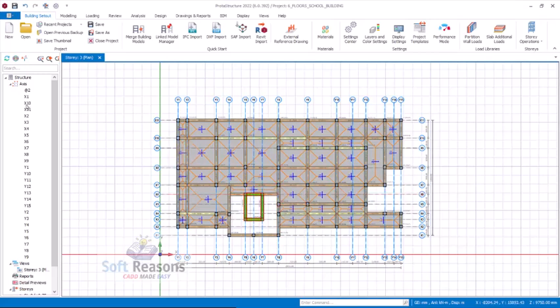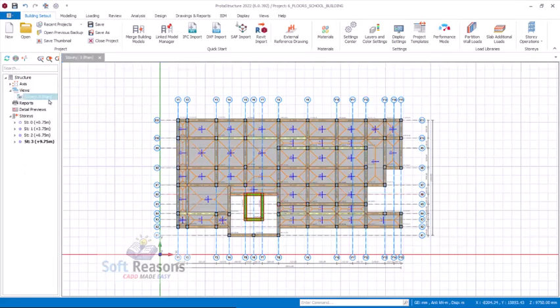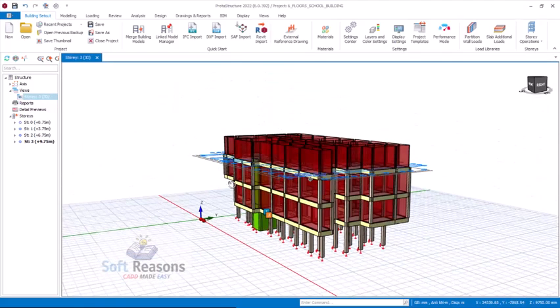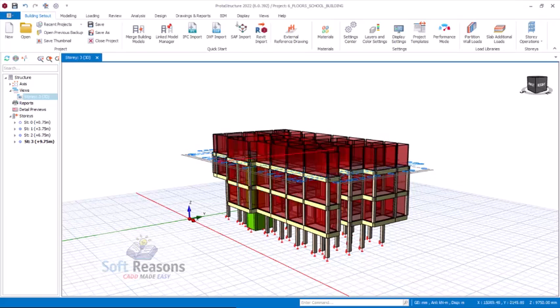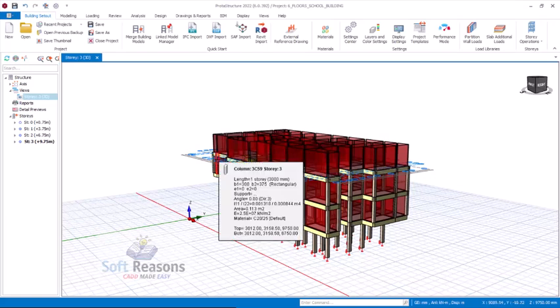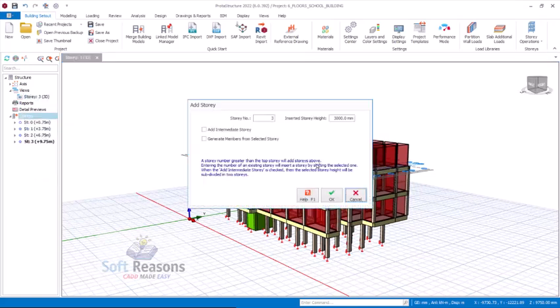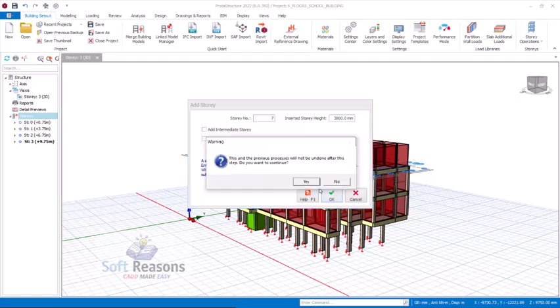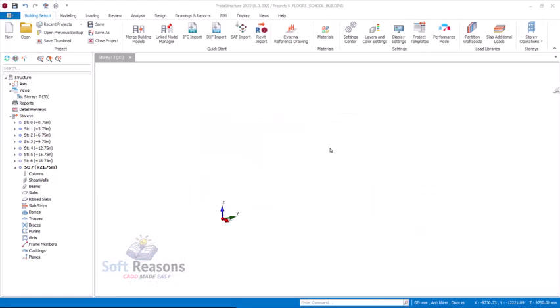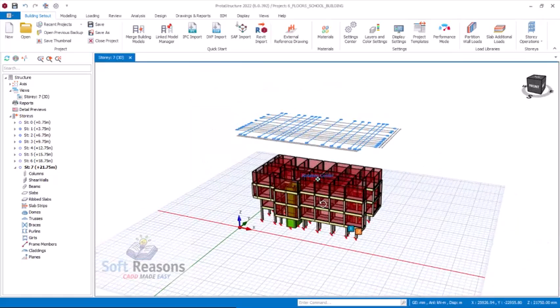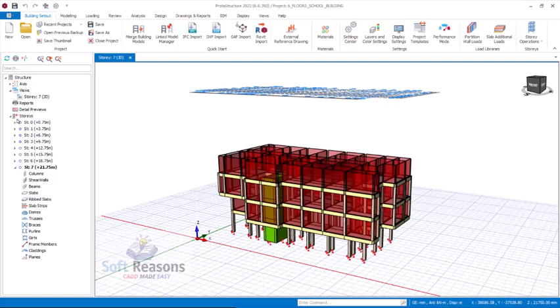So after which you can now navigate to the 3D. I want to generate the story now. So already we have gotten 1, 2, 3. Okay, so we'll be needing additional 3 floors. So you select in these provisions and click on insert story. So here we'll be needing 7 floors. Okay, there's the number of stories. Each of the stories is 3 meters. We did that shortly. After which you have that successfully, and then you come to